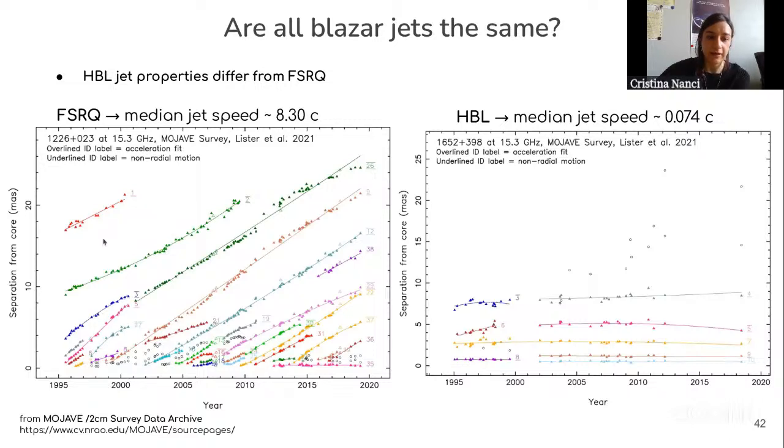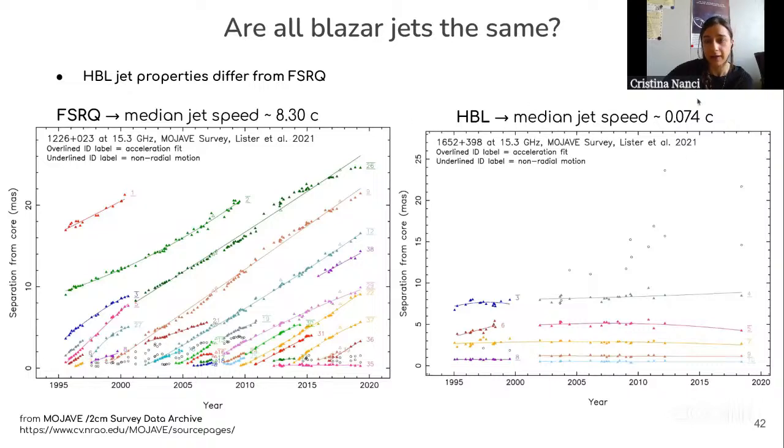And we can see here an example of what we can find in this archive. We see the separation from the core of each component, represented by different colors in these two plots versus time, meaning we are looking at the velocities from the slope of these data. We can find the velocity of each component, finding that the median jet speed for FSRQs is superluminal, while